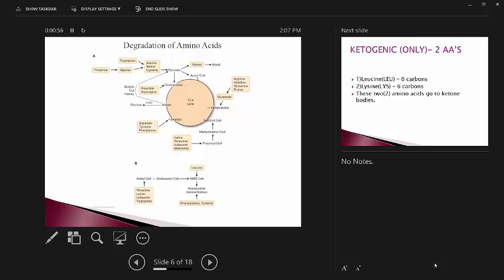Important, we're going to want to know whether they're ketogenic or glucogenic. You have to be able to look at it because, for instance, if I have an amino acid that goes to alanine, under conditions where you're not gluconeogenic, alanine can go to pyruvate, and pyruvate can go to acetyl-CoA, correct? Everybody see that? So we have to always determine it under conditions of gluconeogenesis.